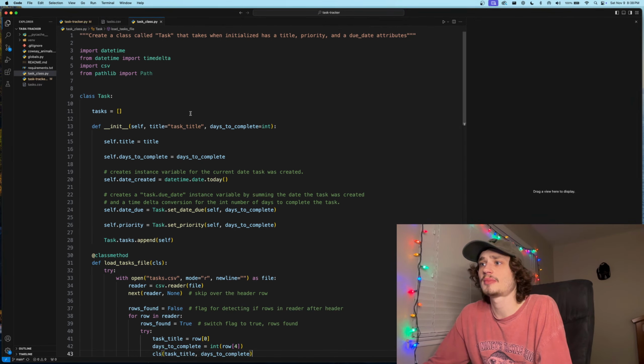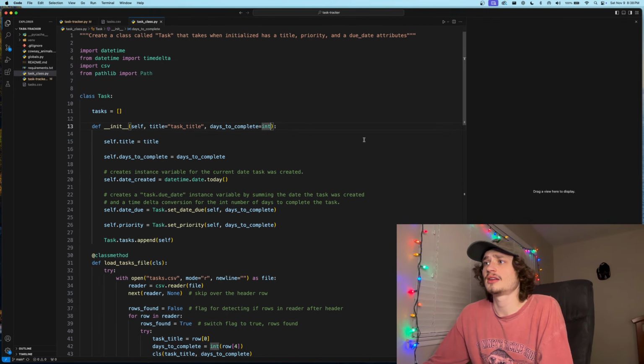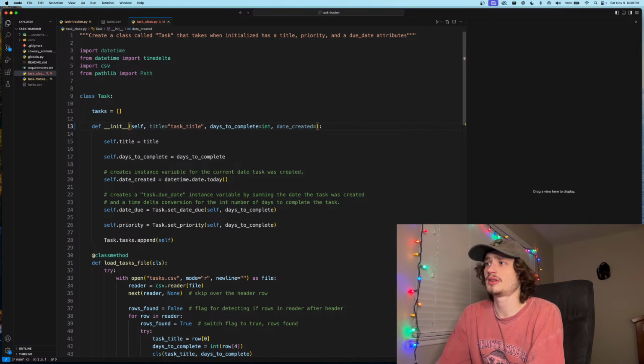That gets set automatically via this right here. So what we need to do is add in an optional parameter that can be provided called date created, and this is going to equal